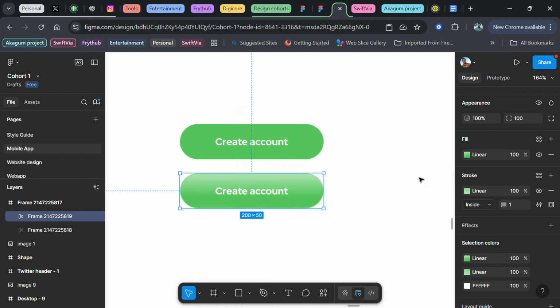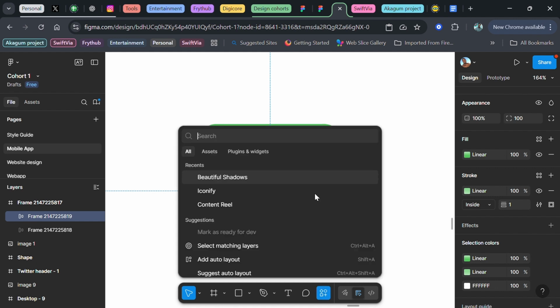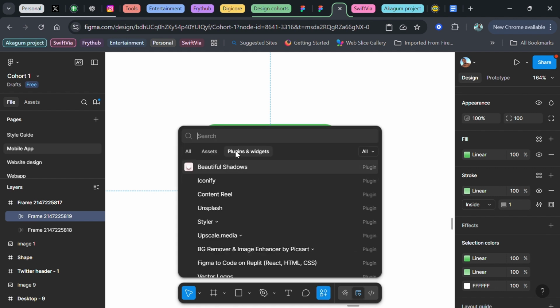Awesome. So the next thing I'm going to do now is add a beautiful shadow by using the plugin Beautiful Shadows. To access your plugin, use your control forward slash, come to plugins here, and you can search for Beautiful Shadows. I used it already. So if you are using it for the first time, just type it inside the search input box,